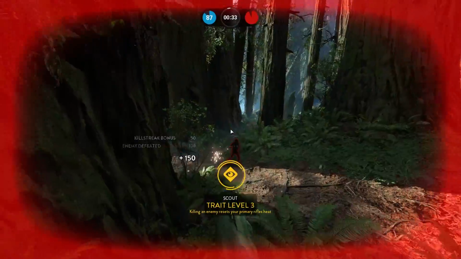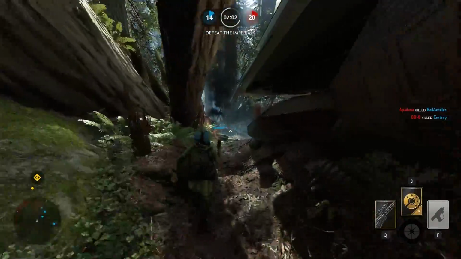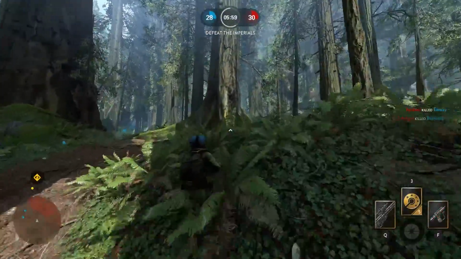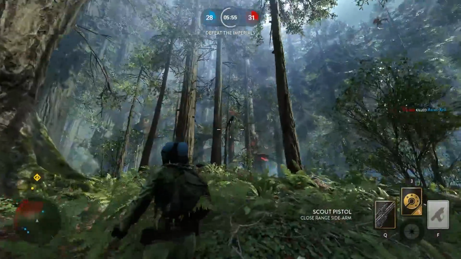However, it's going to require some skill to be good with it. The next star card is the Scout Pistol, and I was just loving this. It shoots 2 quick shots. You can switch to it basically as a secondary weapon, or you can even use it as your primary in close quarters. Once you shoot those 2 quick shots, then you have to switch back to your primary and wait